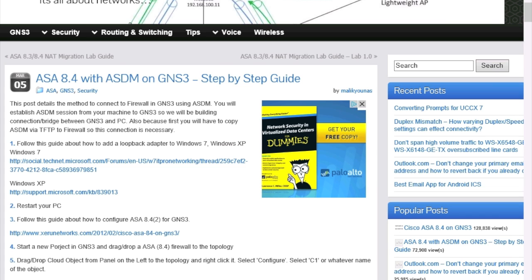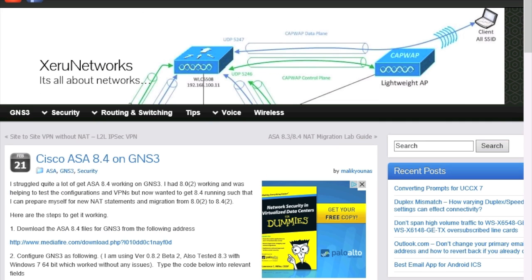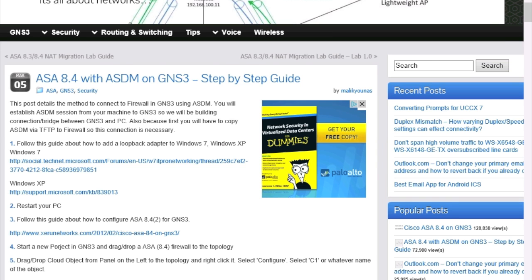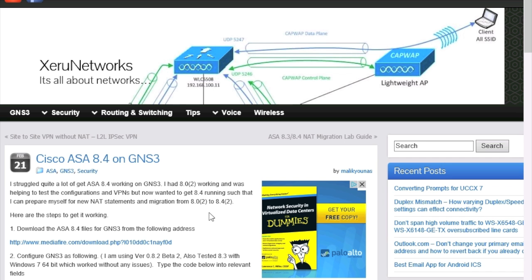Two documentations: this is how to set up the ASDM, and this is how to set up the ASA in general, the CLI portion. So we're going to come here first, and I'll provide the two documentations. It gives you this link. You have to download the kernel file and the init file for ASA, which I've already downloaded and pre-positioned. So once you download those files,